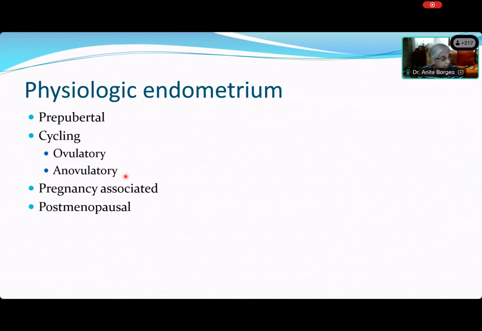So it doesn't have anything to do with going through a proliferative phase, then a secretory phase, and then a menstrual phase, because you can go straight from a proliferative phase to menstruation, and back again from proliferation to menstruation. When does that happen, Sheetal? Can you have just a proliferative phase and then menstruation, back again to a proliferative phase? In case of anovulatory cycle. And there I put it up, right? So a cycling endometrium can be ovulatory, or it can be anovulatory. And lots of people are answering that in the chat box.